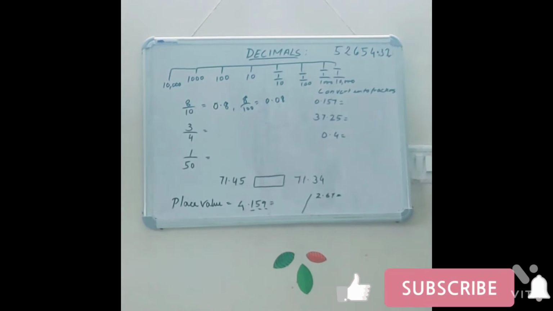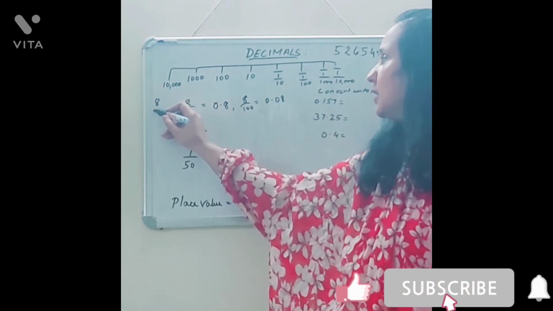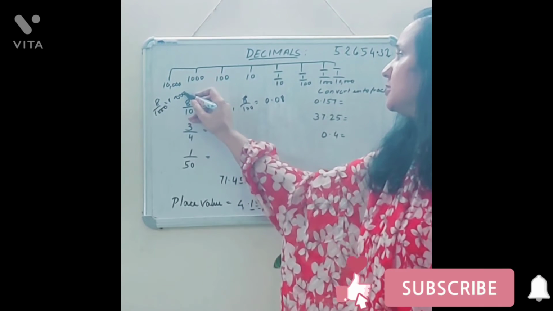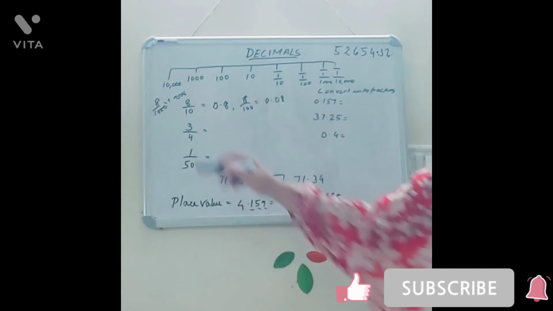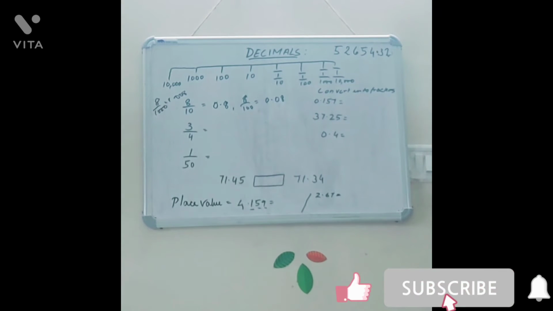And if we divide 8 by 1,000, then I hope you know the answer. It will be 0.008. Now why 0.008? Because we are dividing by 1,000, there are 3 zeros, so we put the decimal before 3 numbers. Now the next number is 3 by 4. Here the denominator is 4. It is not a multiple of 10, right? So what we are going to do, we have to convert 4 into either 10, 100 or 1,000 to convert it easily into the decimal system.